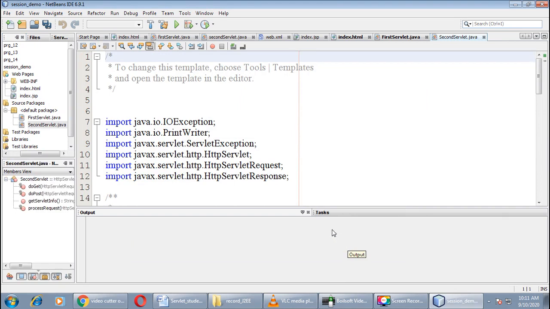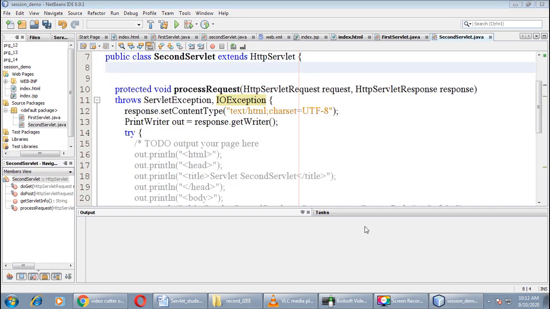Again, this will create a new page and you can see that page on the screen, right? As we have done in the first servlet page, remove all unnecessary code which comes by default whenever you create a servlet. We don't want all these packages, right? We'll continue with the process request method. Instead of taking doGet or doPost method, we'll continue with this processRequest. Okay, the content type is already set and object out is already defined.